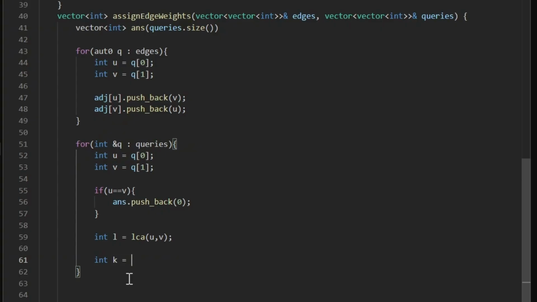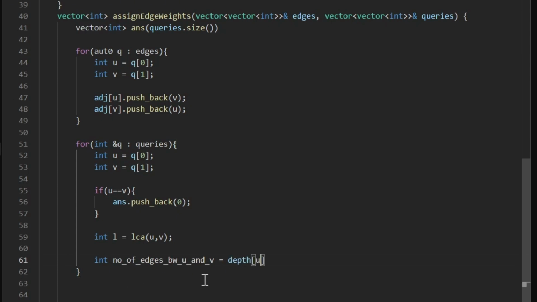Let's call it k. I can write it: number of edges between u and v